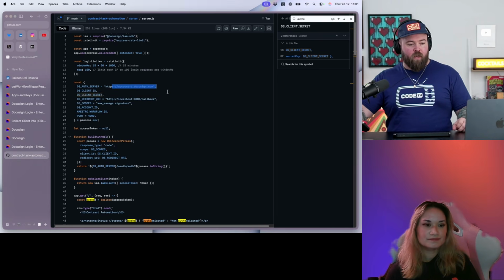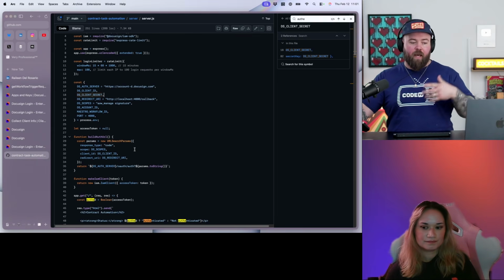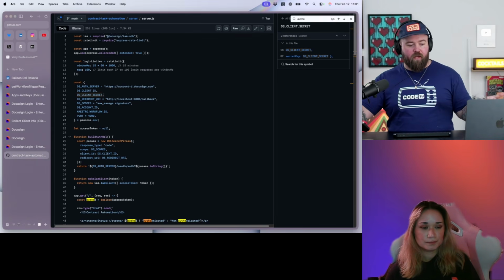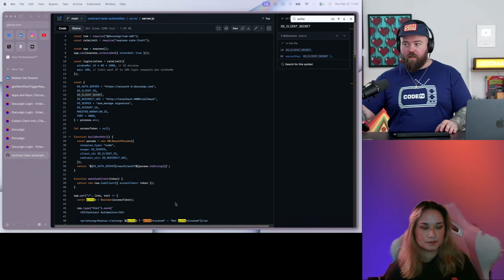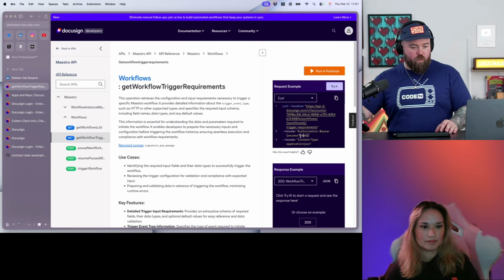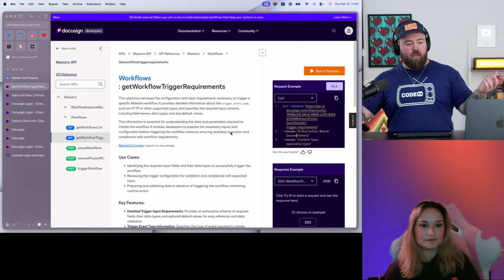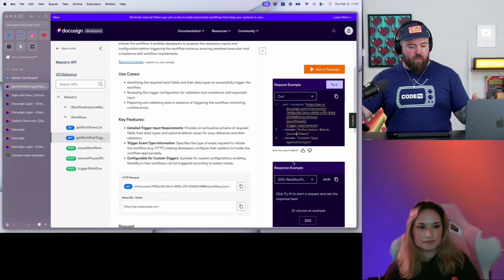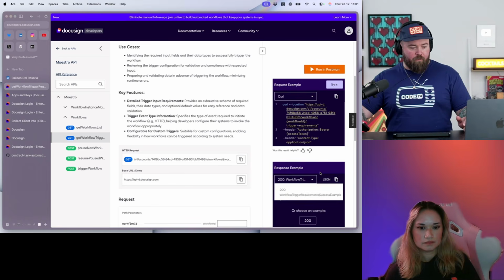We would have hit the DocuSign API and sent in our client ID and secret to get back a JSON web token, which we would have then put into the curl command that I found in here. This would have been that jot. And that would have given us back the trigger requirements.